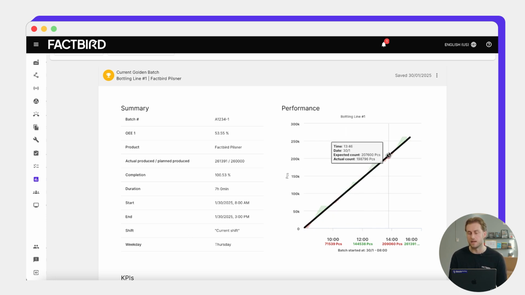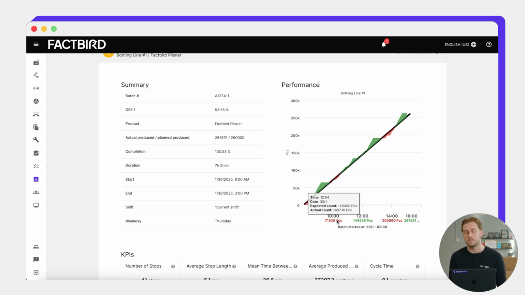Here we can see a mimic of the batch dashboard, where you can see the performance over time, where you can see they actually started slightly behind target, went ahead of target, and then throughout the day fluctuated, but mostly were ahead of target. And you can see here the different amount of units that were produced by different timestamps